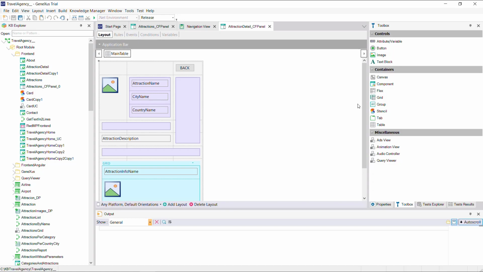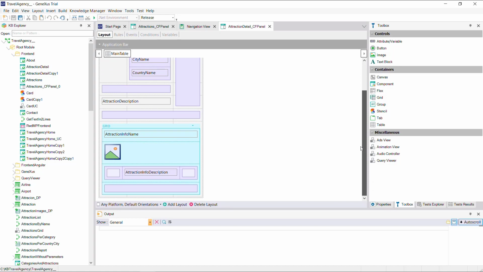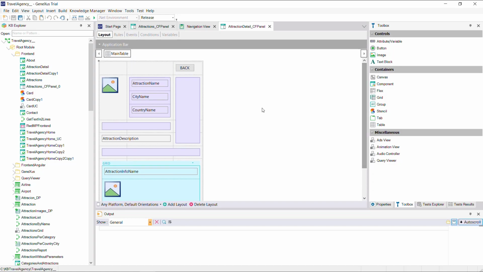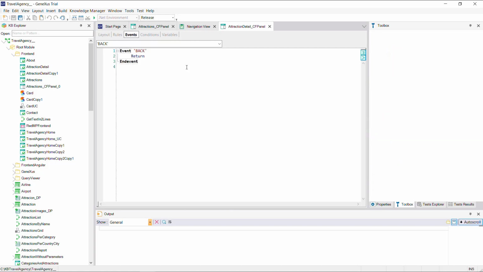Next, we inserted a grid and selected the attributes attractions info name, attractions info image, and attraction info description to see the attraction details. As we can see, we've inserted some table controls for better alignment. We also added a back button at the top right corner that will invoke a return that will allow us to return to the list of attractions.